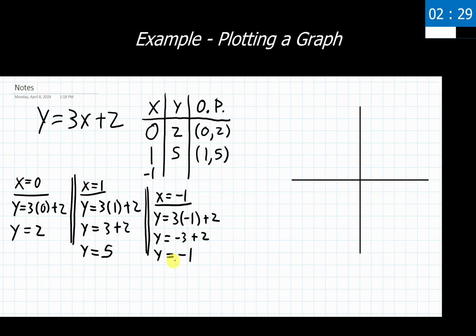We get a y value of -1. I can plug this in right here for my y value. And then what's my ordered pair? I have -1, -1. Fantastic. So I have 3 good points here that I can choose from. I could write out and find more of them if I wanted to, but again, bare minimum, I need 2. We did 3 just for the sake of seeing some extra examples with it. Now looking at my axes and my numbers, I don't have anything that's particularly big or particularly small with that, so I'm going to go ahead and label this thing accordingly and get this all set up for myself.